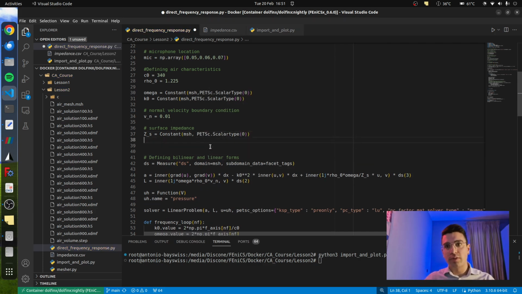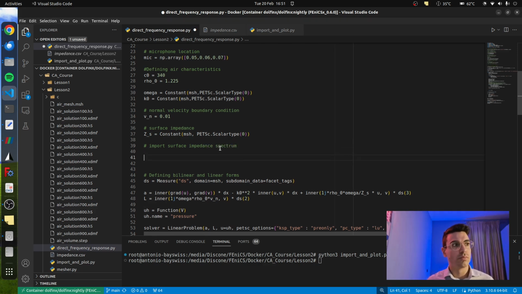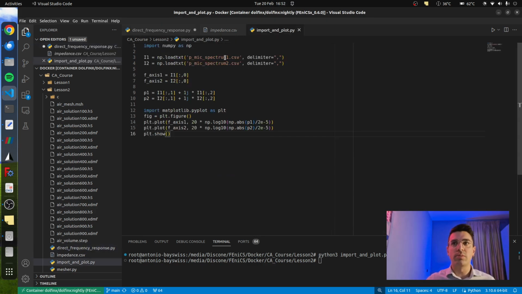Then we have to import our surface impedance spectrum, just like we did with our pressure spectrum. So we can copy this line,